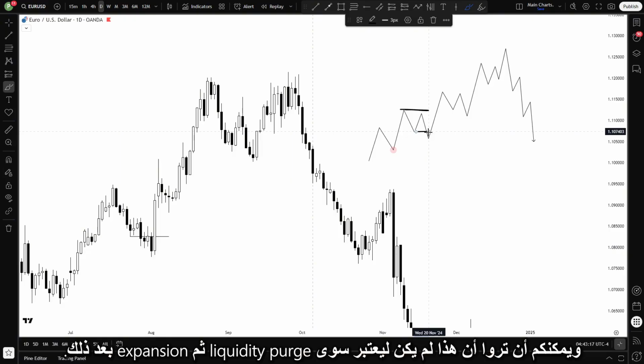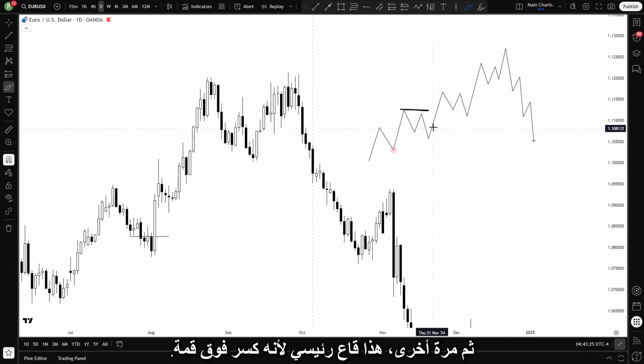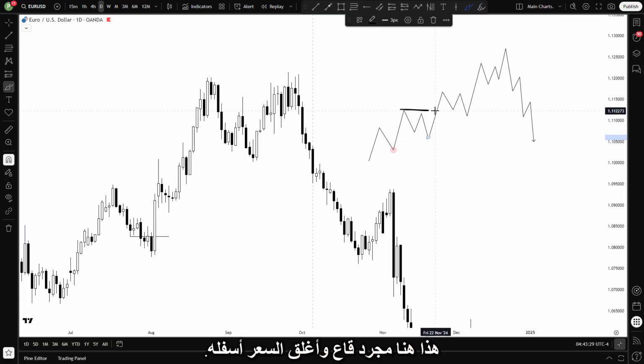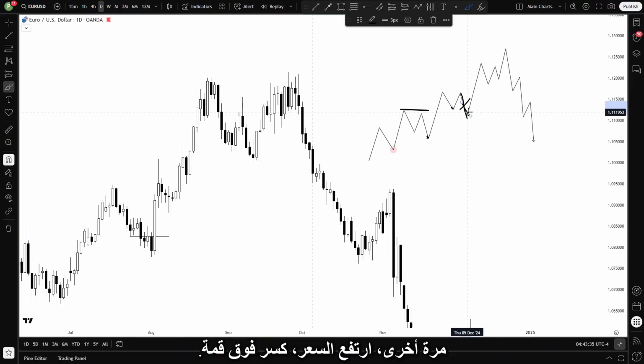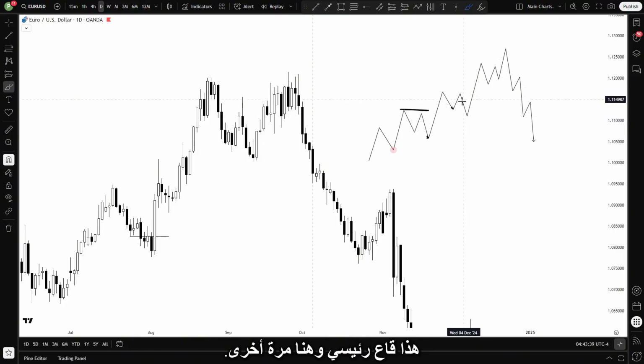All right, and you can see, this would have been considered just a liquidity purge and then an expansion afterwards. Then again, this is a key low because it broke above a high. This right here is just a low and price closed below it. This isn't a structural shift because this is just a low, not a key low. Again, price went higher, broke above a high. This is a key low, and right here again,